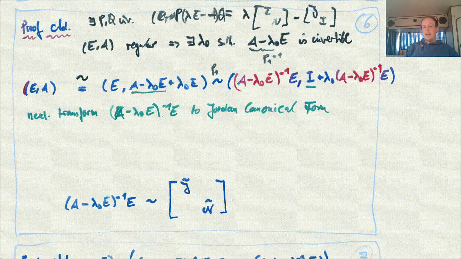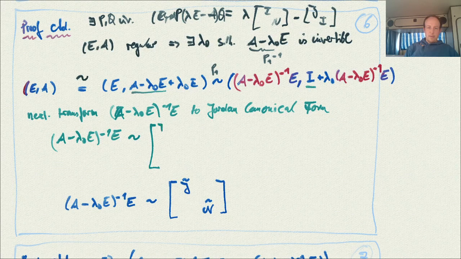As I just said, the Jordan canonical form is there for every matrix, meaning there will be a regular matrix applied from the left and one from the right, and then we have that A minus lambda 0 E to the -1 E is in fact similar to,